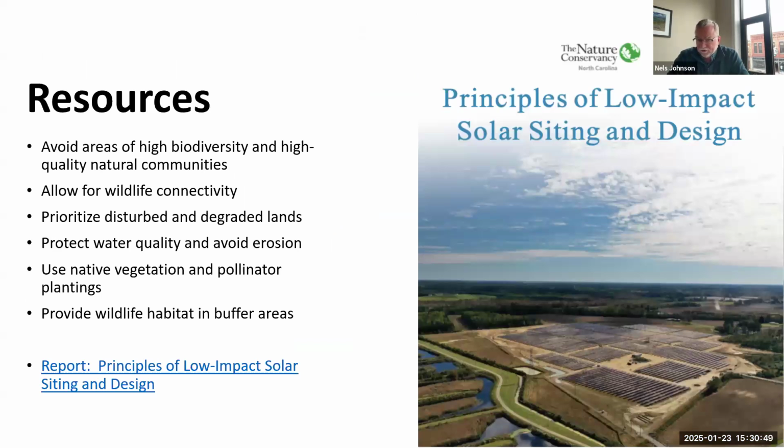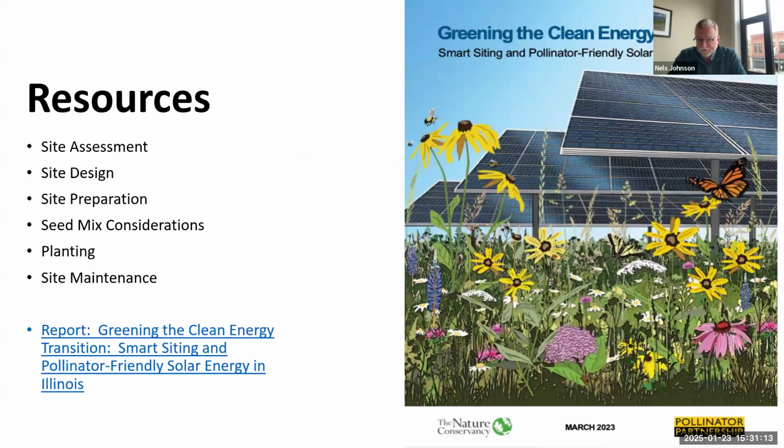And then we have some more detailed information that you can use. It's actually at the project level. So we've developed principles for low impact solar design. So it's actually project design that comes from our experience working primarily in North Carolina, where there's been a lot of solar development in the Piedmont and coastal plain regions. Next, we also have a pollinator-friendly and smart solar planning guide that we've developed as well. That is a project level guide that can be used by developers and